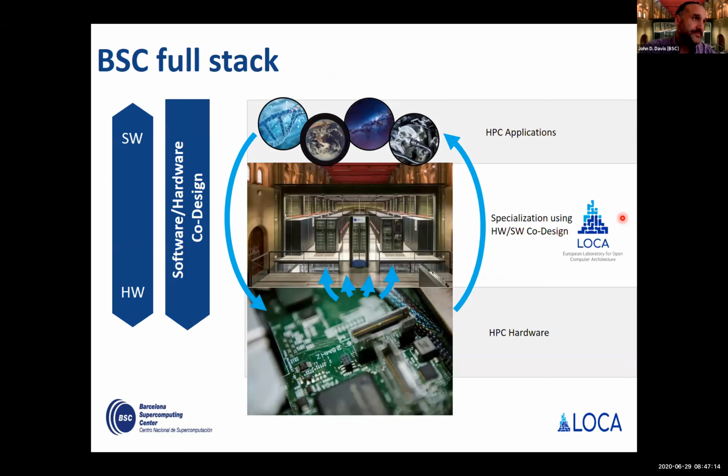So for those that don't know about BSC, just at a high level, there are 5 different departments. You can think of 4 of them as application areas: computer science, life science, earth science, and applied engineering, and then there's the actual operations. So we have this whole layer of application software work and all the components in that, all the way down to architecture as well. And then we have a deployment as a supercomputer itself. The picture behind me is MareNostrum 4, which I'm showing in the slide as well.